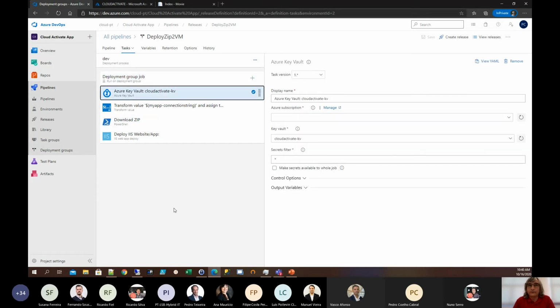This specific task doesn't run in the agent. This is the first task. It is a task that is connected to the Azure Key Vault service and retrieves all the secrets. We have no filtering here, so it retrieves all the secrets that are stored in the Azure Key Vault and stores them temporarily in variables inside this pipeline. So we can use them in the